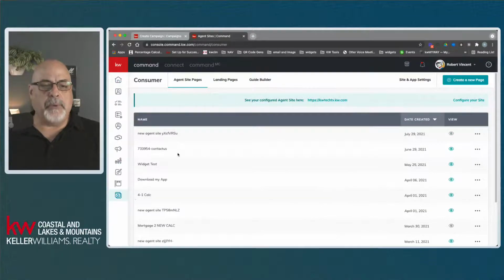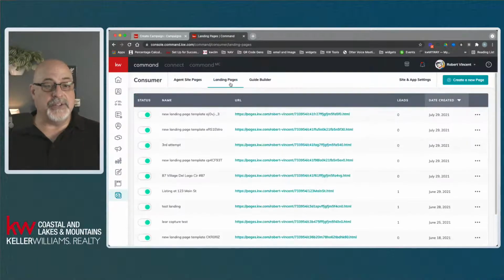And on the consumer applet, we land in here, we have agent site pages, and we have landing pages, and we have guide builder. So these are the three main tabs. The agent site pages is for your agent website. The landing pages is an area where you can build a single standalone web page that you can then use that address of that web page in any of the marketing or anything where you want to take people to